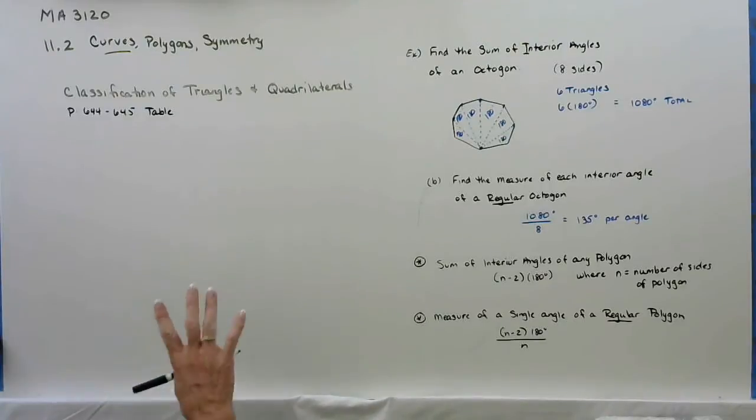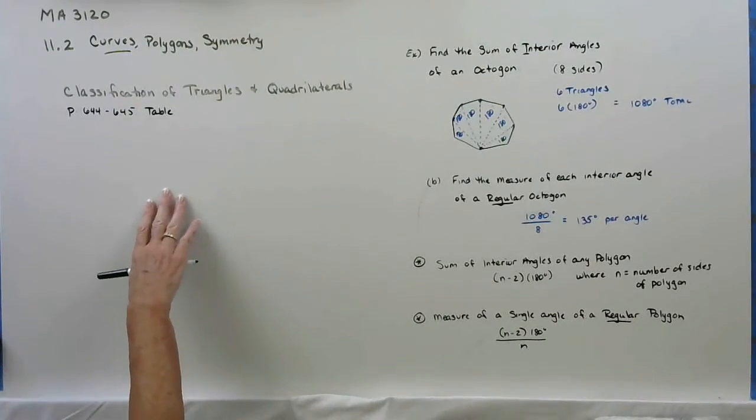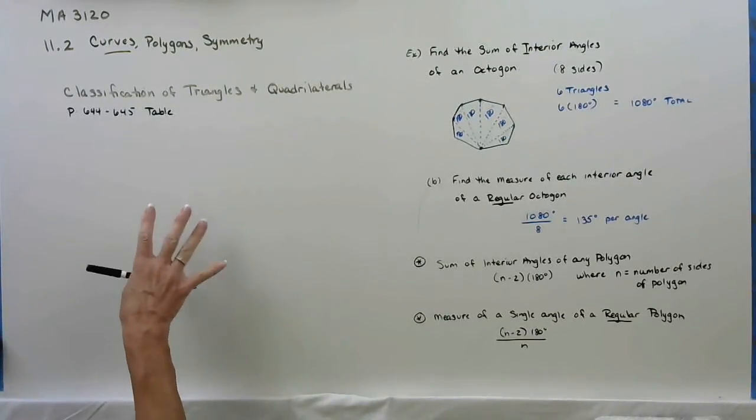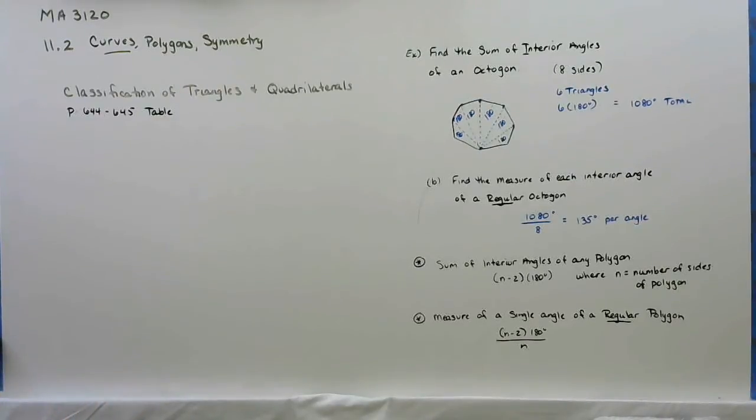Actually, I am going to let you look through this table, and then if you've got some questions, we can discuss that in class as to what's the difference, etc. So I'm going to let you look at that first so that we can finish up here with